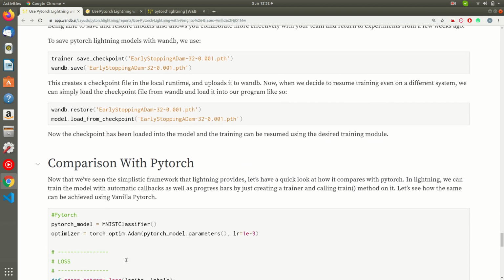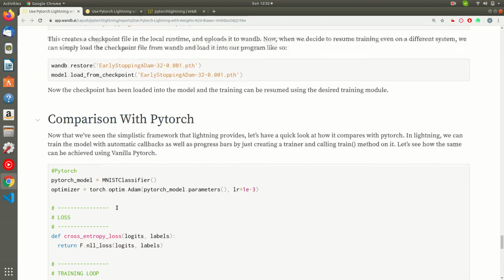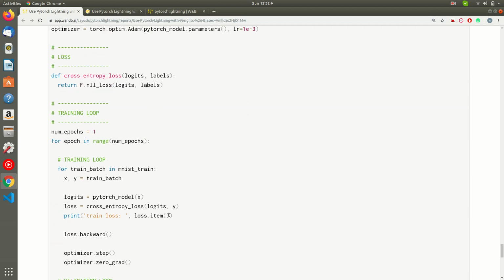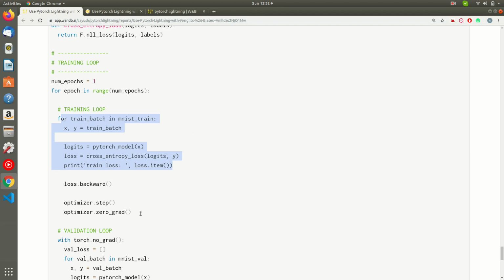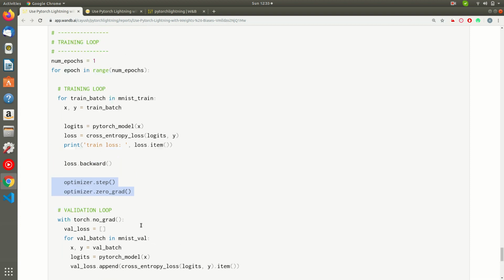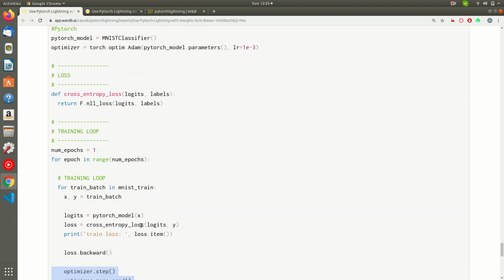Now let's compare that same training process with vanilla PyTorch. I've omitted the creation of the model, which would require a few lines of code, so it would increase the length. Here we have first defined the optimizer, then the loss function, then the training loop. Here is the training batch, here the backward pass, the gradient of the back propagation, and the gradient updates, the validation loop, and all of this is manually done.